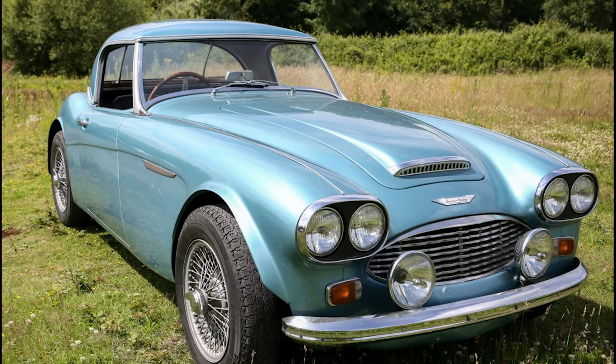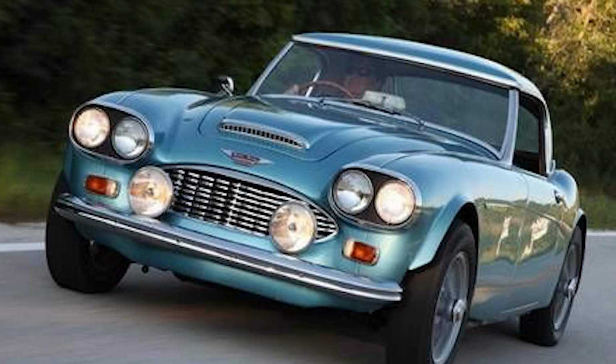Designed on a custom chassis with an uprated de Dion tube-based rear end, the car's engine also received work, uprating the 136 brake horsepower in the standard Healey to 150 brake horsepower, with 3 twin-choke Webers feeding the engine. Unique features of the X300 were